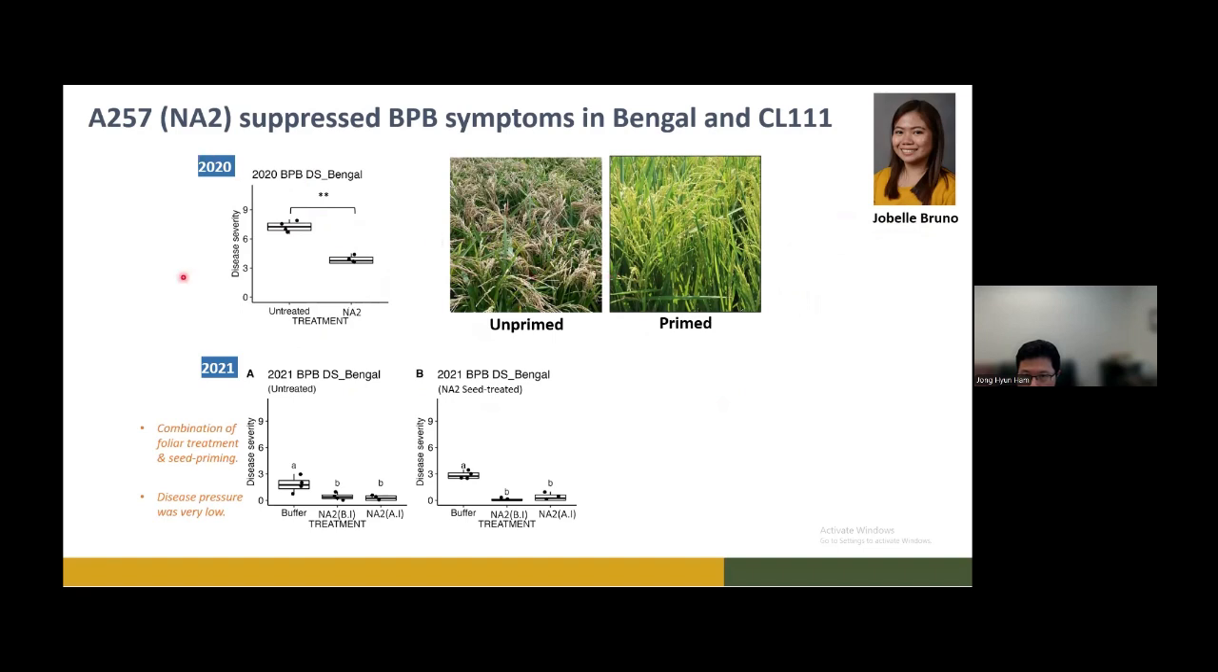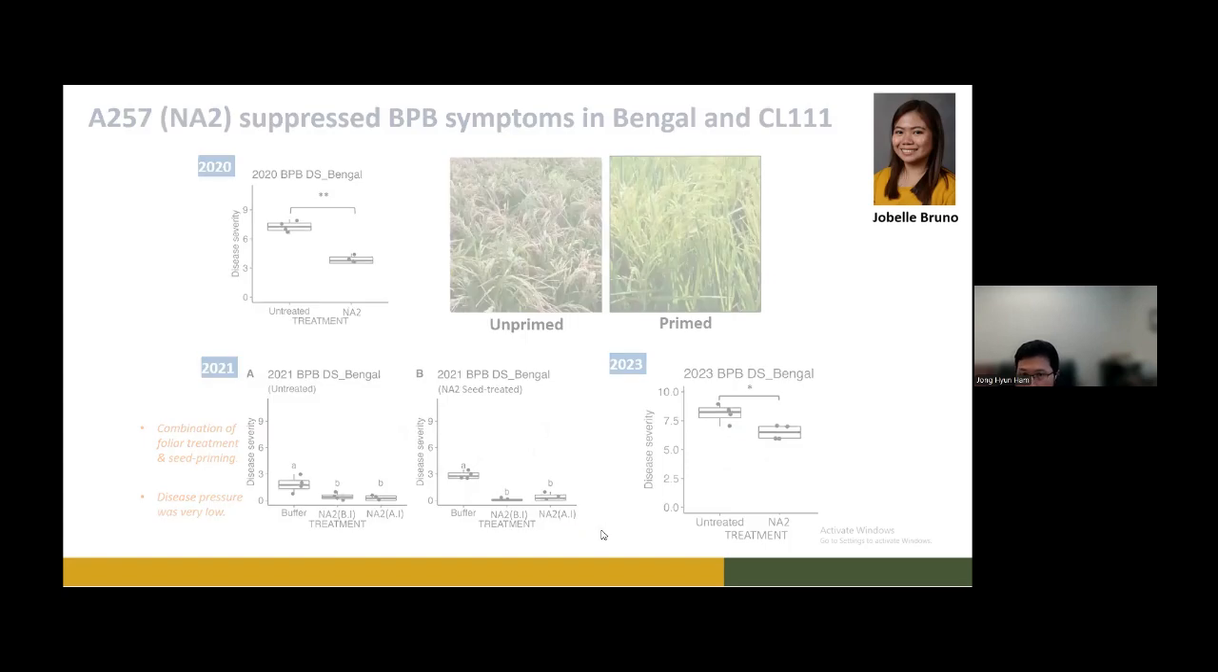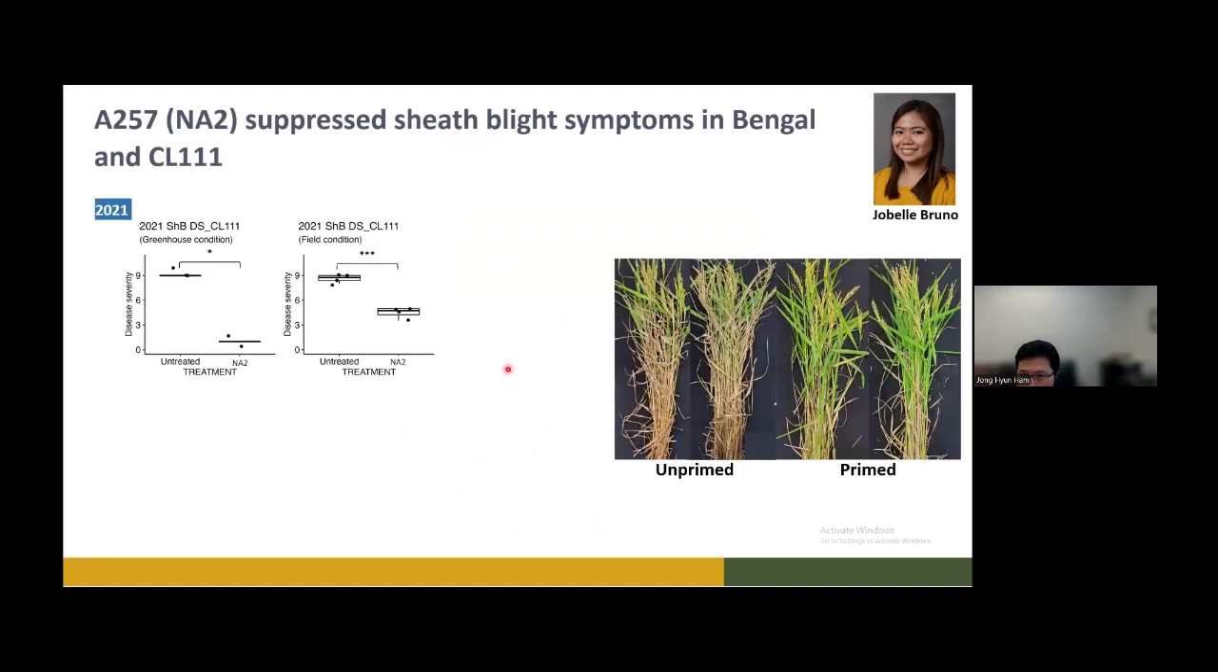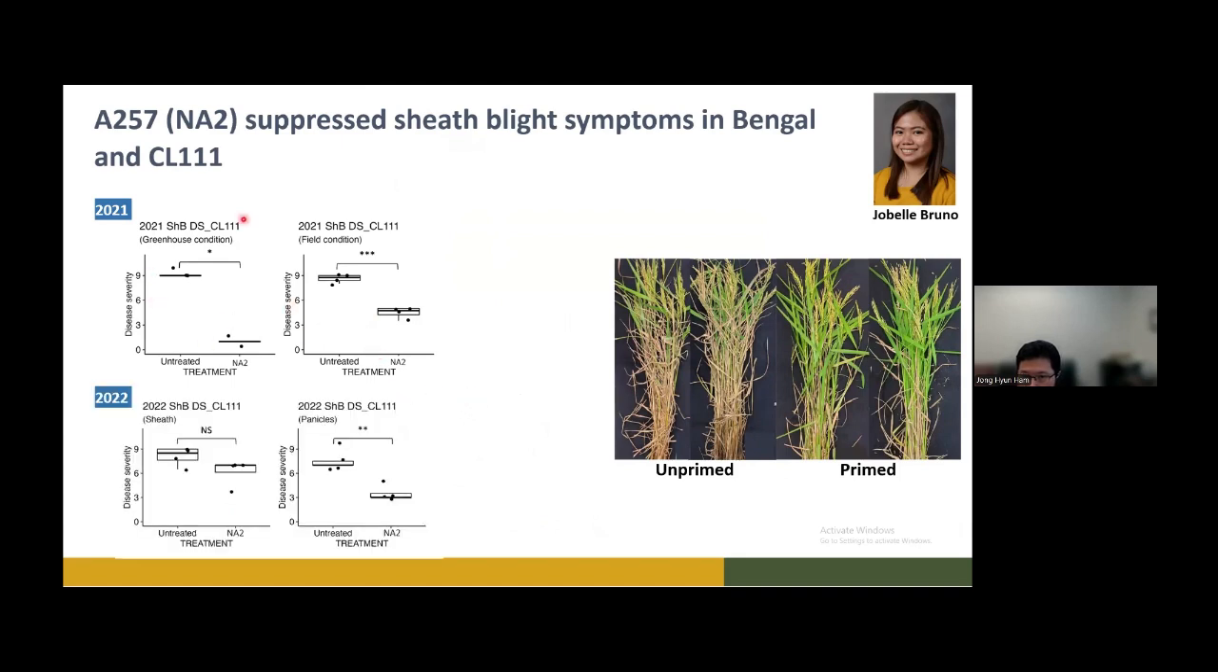In 2020, 2021 and 2023, we got a similar pattern. Even though in 2021 the disease pressure was very low, we could still get a significant reduction in disease. And we also tested sheath blight, another major rice disease, in the greenhouse and the field. And as you see here, we could see a very significant reduction